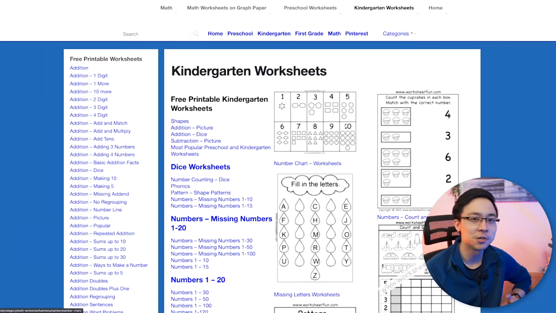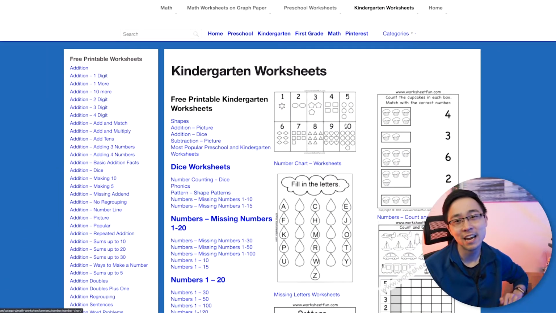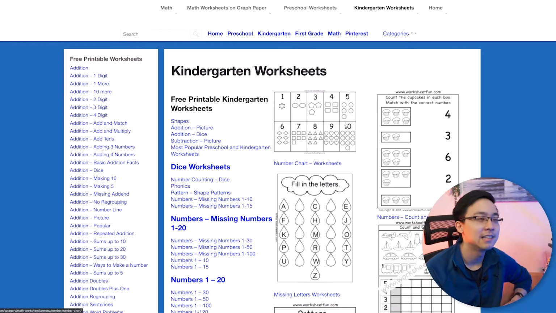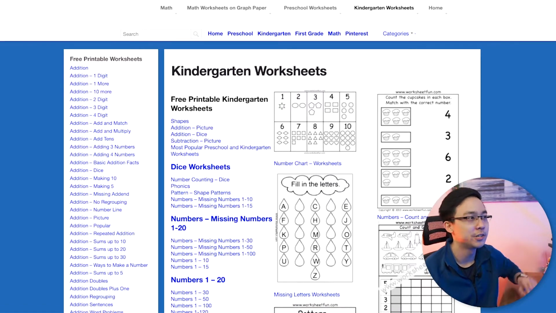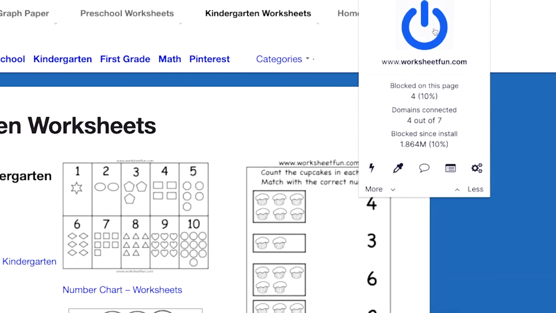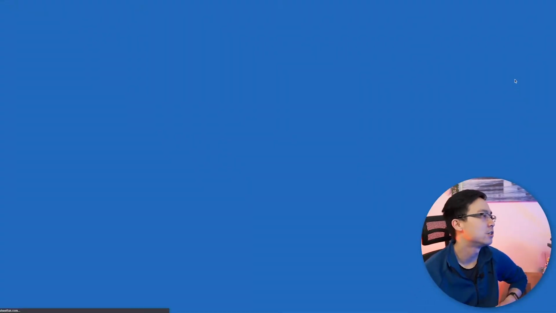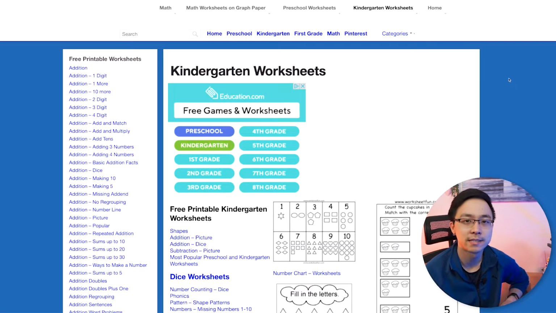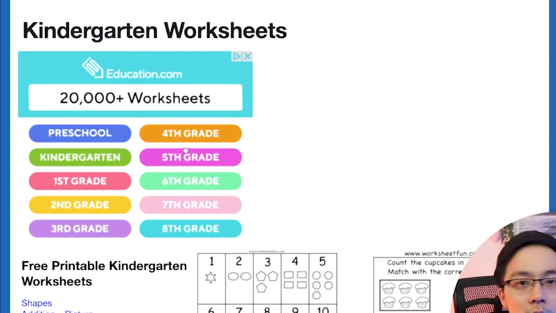But what I haven't shown you yet is that this website is actually running all sorts of ads on the website. I've got uBlock Origin installed, but if I remove that from this and I just go ahead and refresh the page, I can start to learn how this site is monetizing all this free content. And one of those ways is through being part of an ad network.